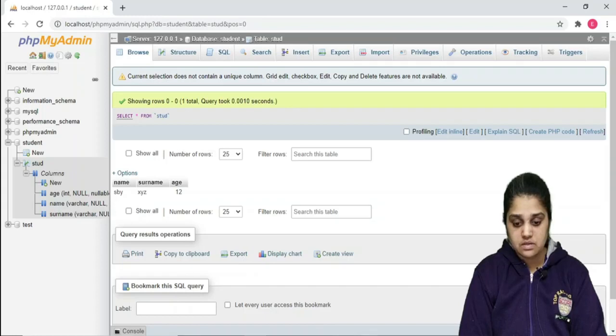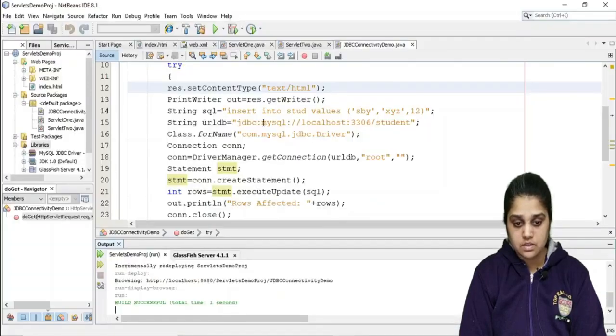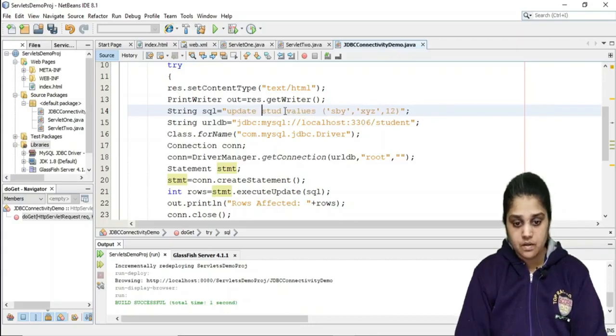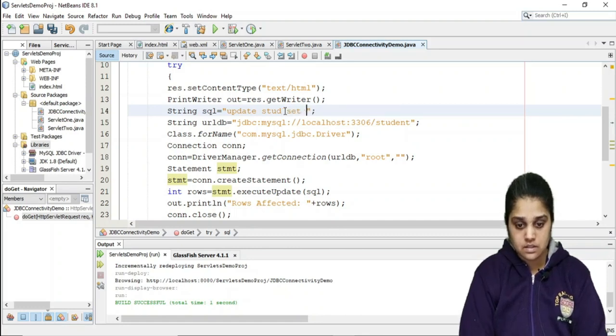So we have inserted. Now let us update table name, set name is equal to PQR where age is equal to 12.